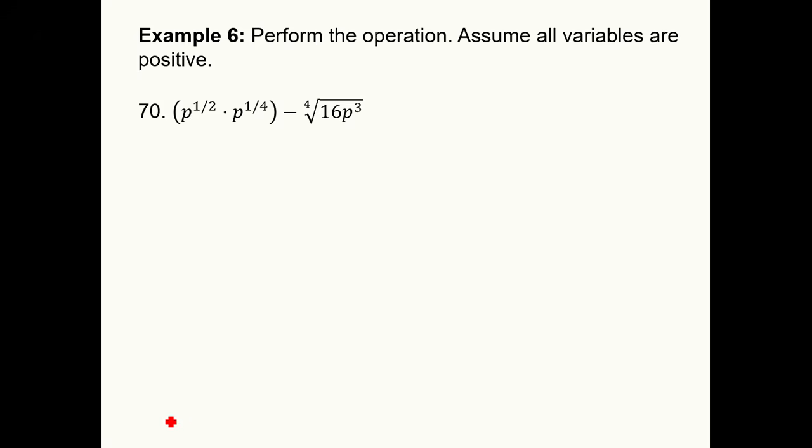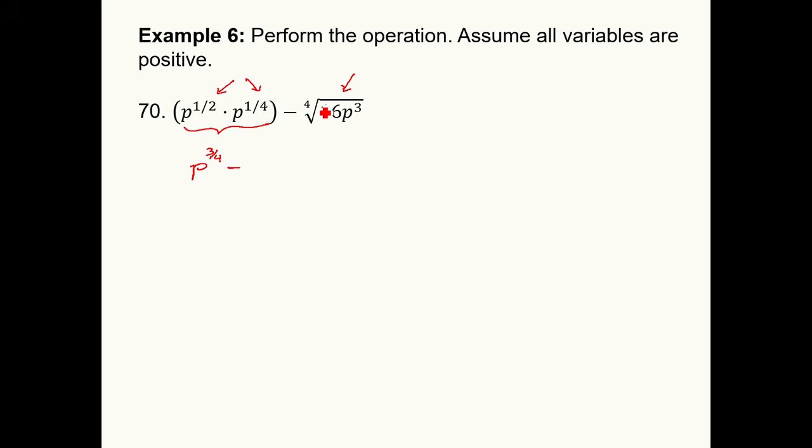Okay, and then I believe this is our final example, example 6. Perform the operation, assume all variables are positive. You can see that we've got some rational exponents and we've got some radicals in there as well. So we're combining the two strategies together. Let's clean up the parentheses. I've got the same base of p, and I'm multiplying those terms together. That means I can add the exponents. Call that p to the 1/2 plus 1/4 power, p to the 3/4,